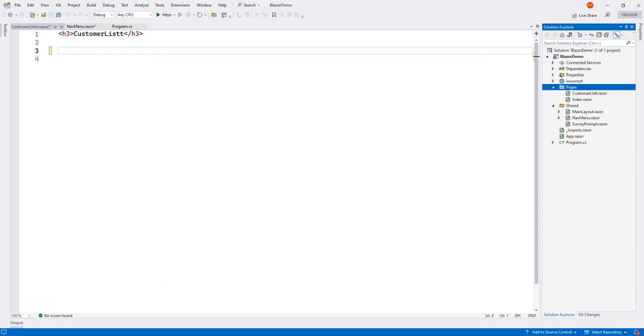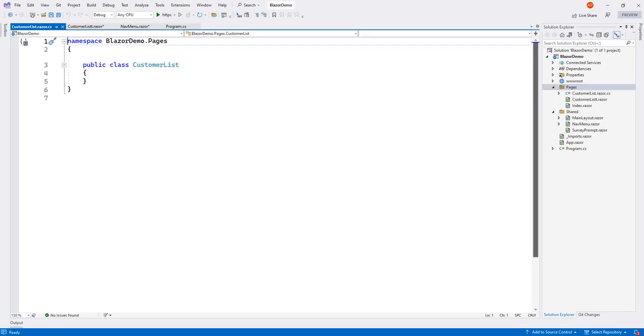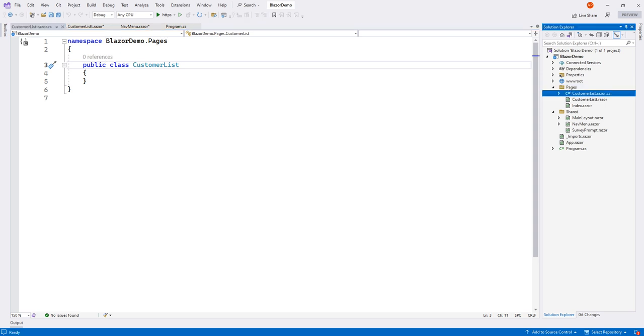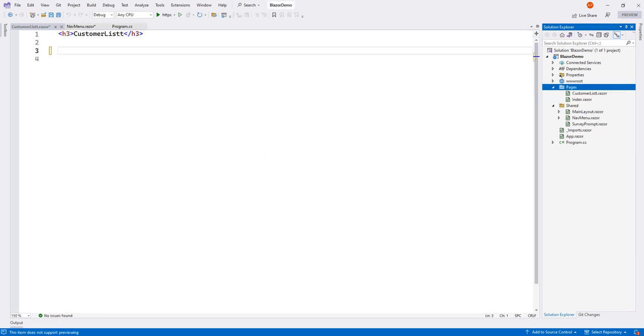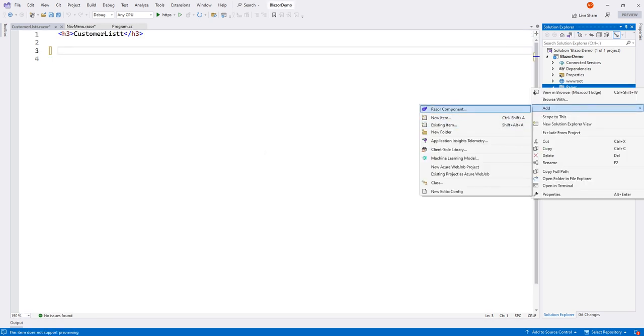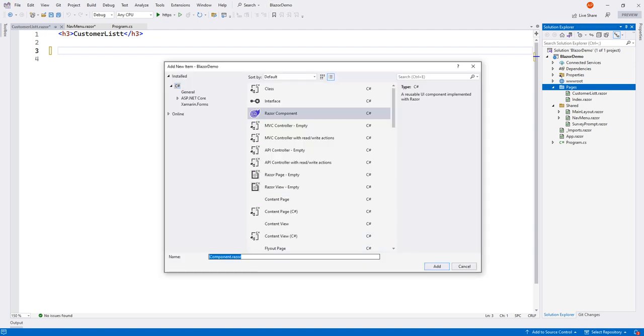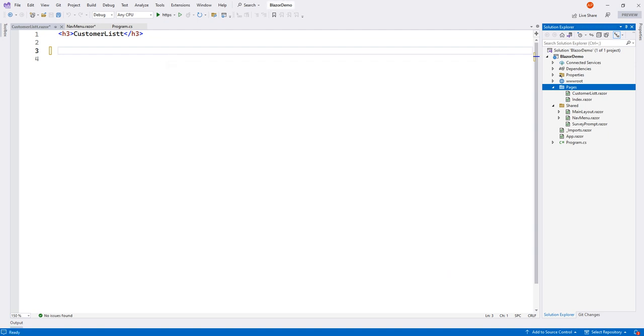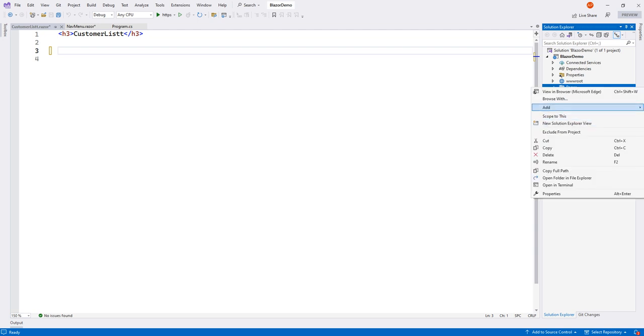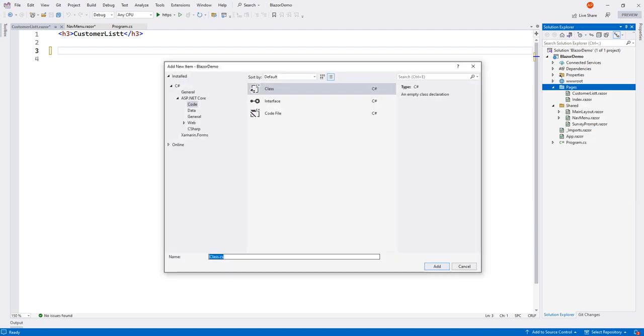And if I do the add, you can see it is automatically added over here. And then, oh, I made some mistake. Let me add one class, not a Razor component, but a code-behind class, that is a normal C# class. So we'll say